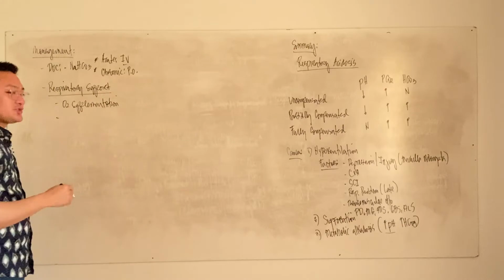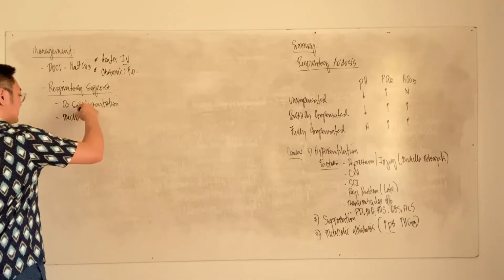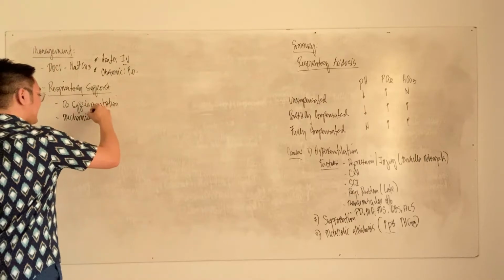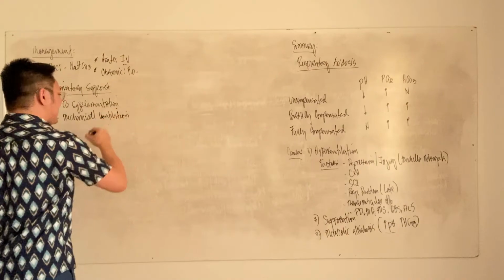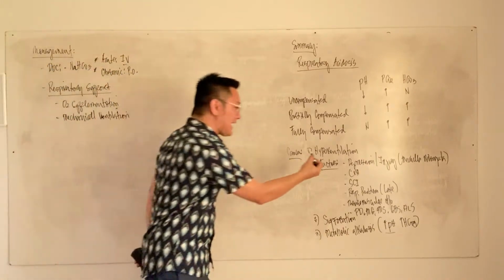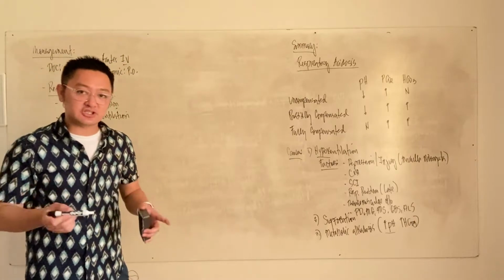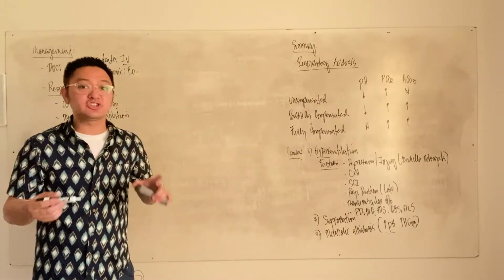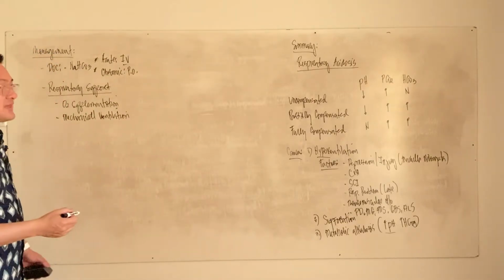And when I say O2 supplementation, it will also include your respiratory support, your mechanical ventilation. Why is it important to have mechanical ventilation? Because of the condition hypoventilation. Am I right? So you need to do mechanical ventilation in order to maintain oxygen perfusion and oxygen supply. Okay? So these are common things you need to remember.